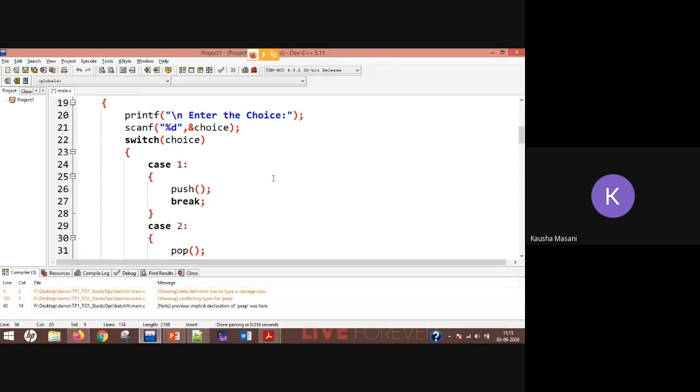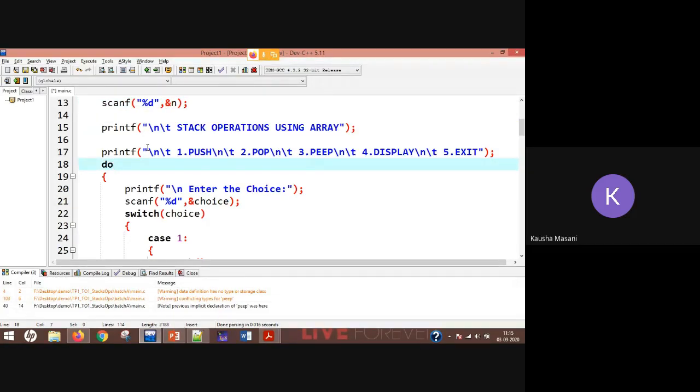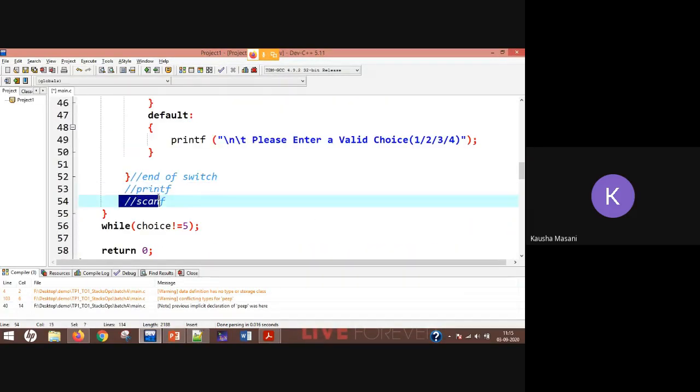If you forget that, then your while loop will get confused about what it has to do, correct? Because it is not getting any kind of choice. So don't forget those two statements. If you forget them, your program will run only till the printf statements you have written before the while. Afterwards, it is not going to run, even though you have coded correctly, because of those two missing printf and scanf statements. So take care of it.